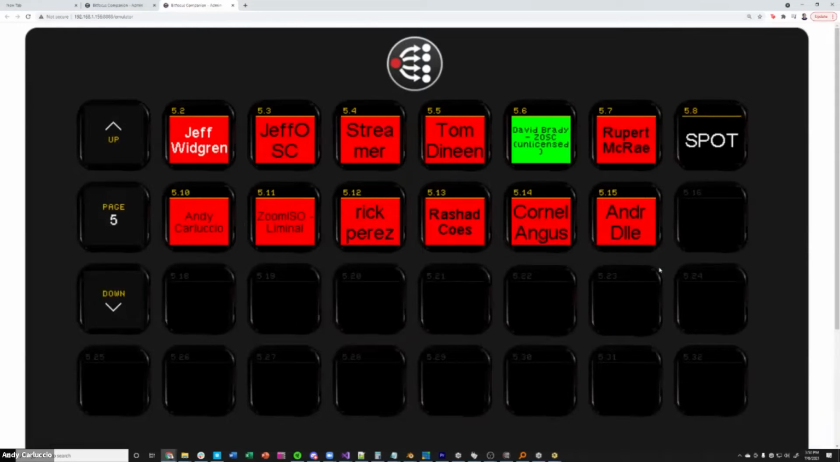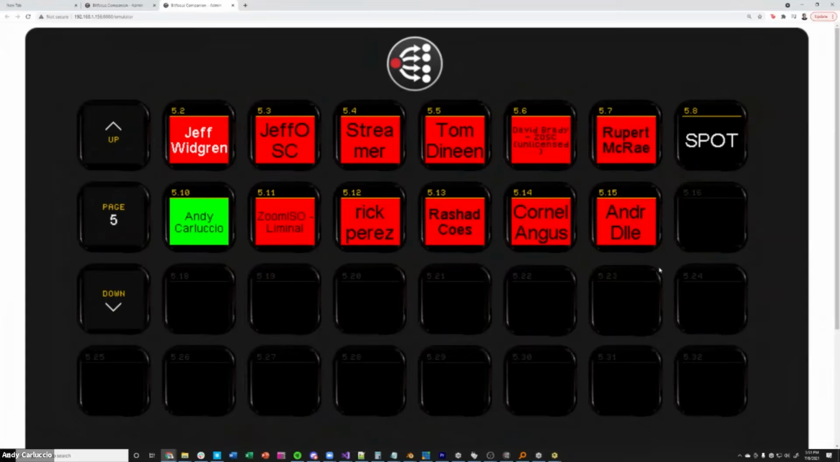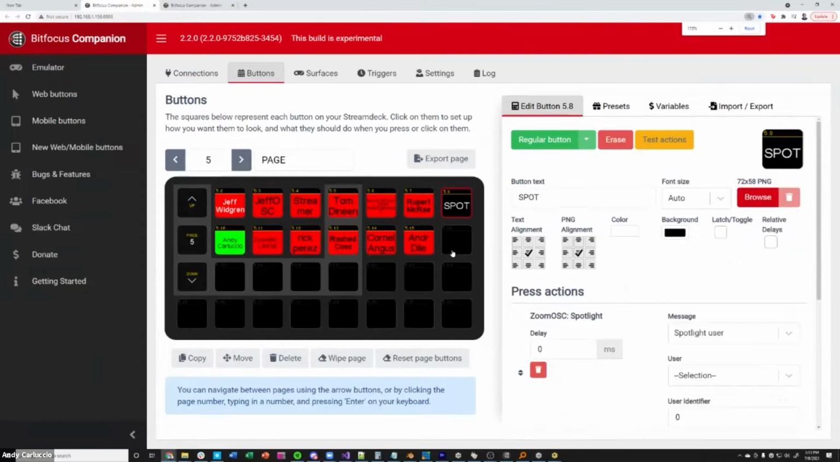I'm going to select David. I'm going to select spot. And now we spotlight David. And then I can unselect and hit Jeff and spotlight. And now we have Jeff spotlit. And I can select myself and spotlight. And now I'm spotlit. So we're almost there, but it's still kind of weird that I have to unselect the